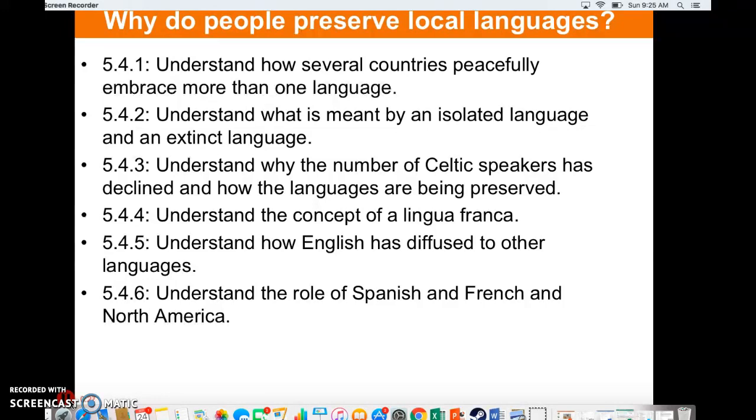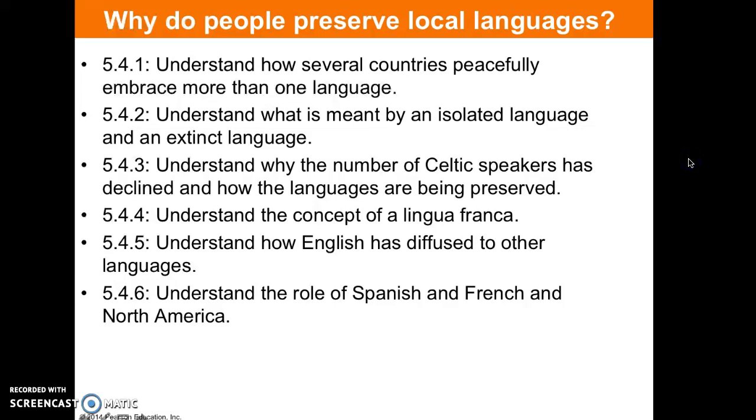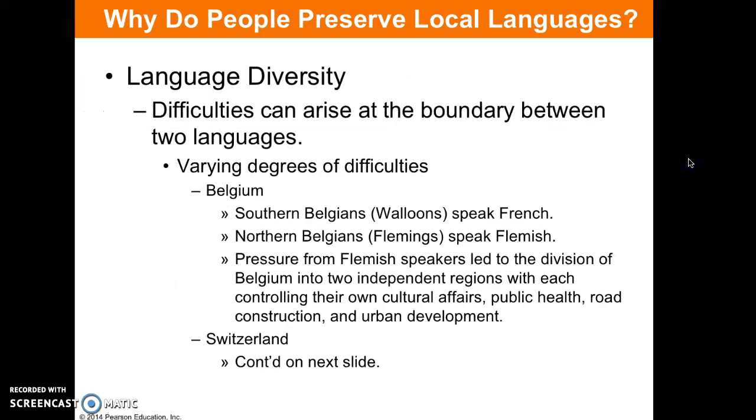What's a lingua franca, and how is English diffused to other languages? And right now, what's the role of Spanish and French in North America, and how is that changing the language future? So language diversity means that because of the huge number of languages, over almost 7,000 languages spoken on